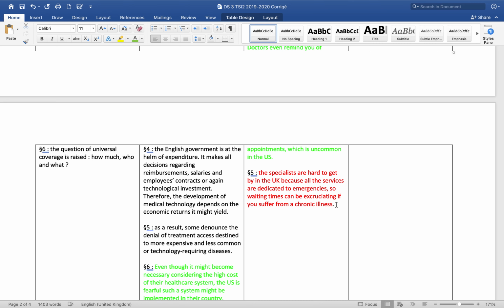But if you suffer from a disease that requires a specialist, let's say you've got skin problems, a chronic illness, I don't know, psoriasis, or your skin is peeling off your head, you need to see a dermatologist or a skin doctor. Unfortunately, this is not considered an emergency. A chronic illness is something you live with all your life. So if you want to see a specialist, you will have to wait for a very, very long time because it's not considered an emergency. So the doctor will not see you first.